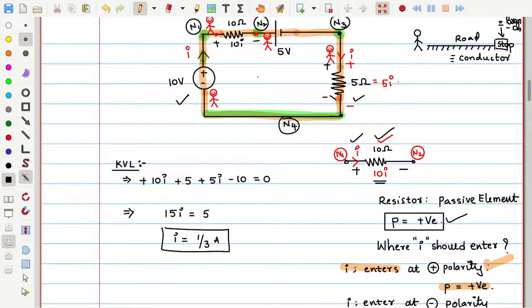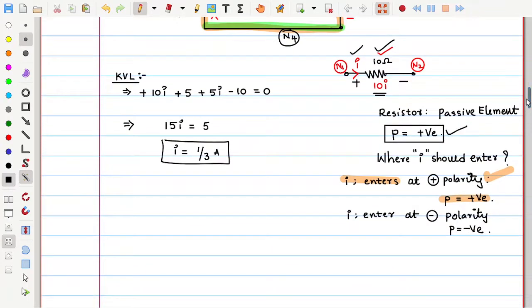We assumed some current I amperes, so by writing the KVL we could find this current. Is this clear for everyone? Okay. Yes, sir. Right. So in this way, we should utilize Kirchhoff's voltage law to find some unknown parameters. That may be voltage, that may be current, many things. We will see some more problems dealing with these kinds of things.